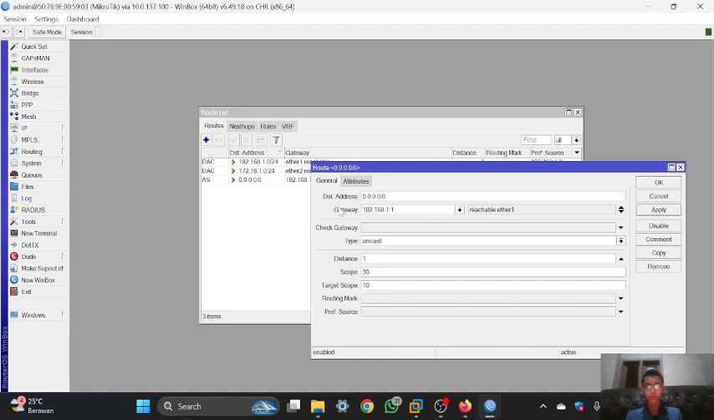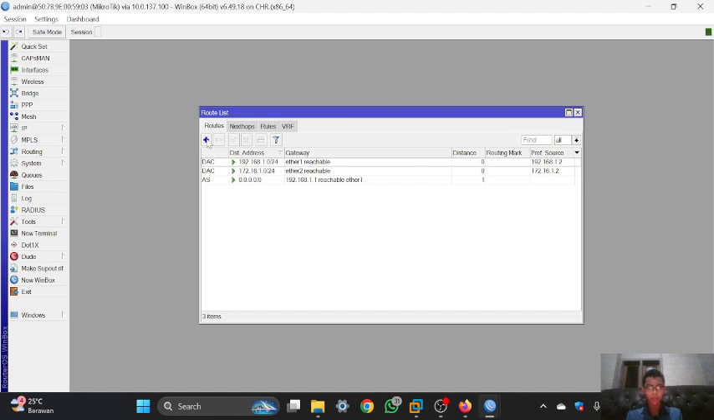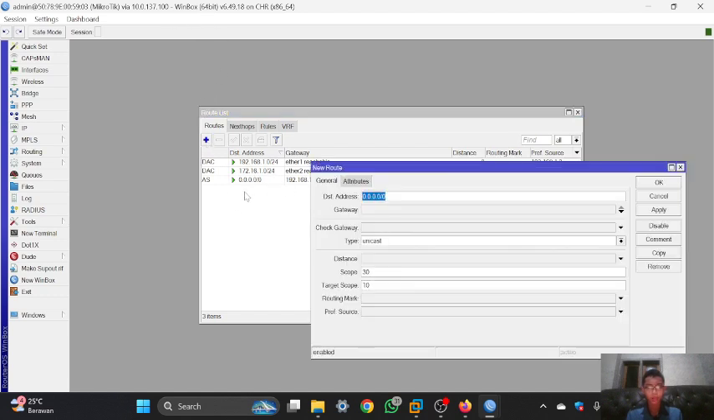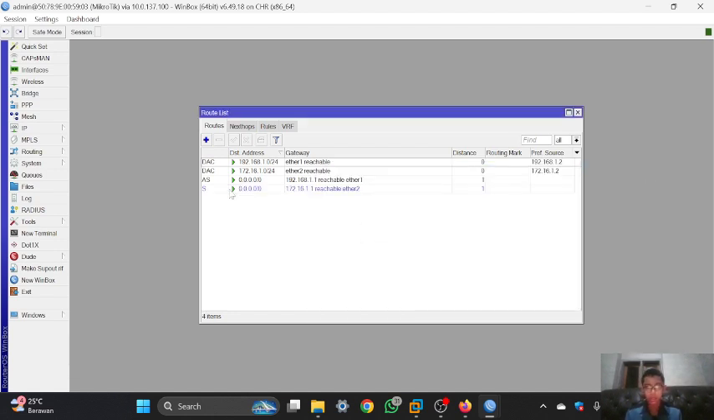So I will do the same thing, but the IP gateway is using the IP of ESP2. So I have to route the information that connects to the internet, which is I will do this IP and click apply, and it should be like this. So you can see that in here I've done the routing information that connects to the internet,